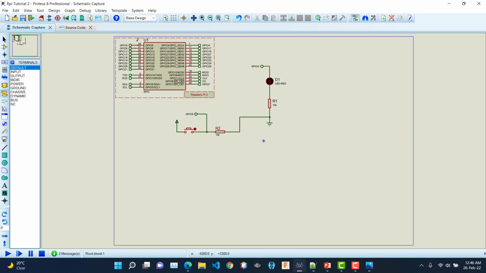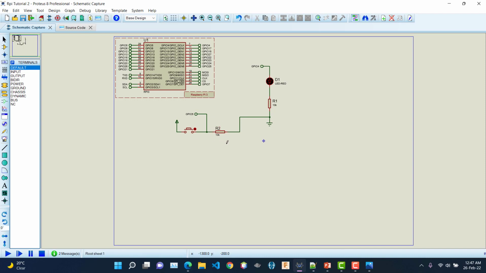So it will give you a signal of high, but when you turn it off, the button may still read it as high, or maybe some unknown voltage in the range. So in order to prevent that and make it more clear, we connect it with the ground with a 10